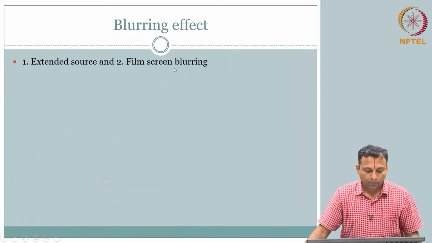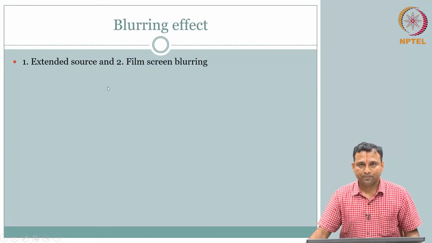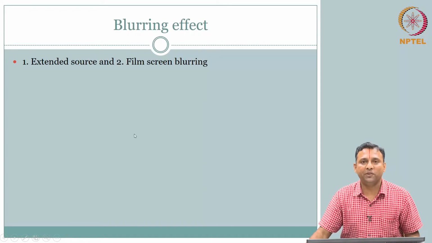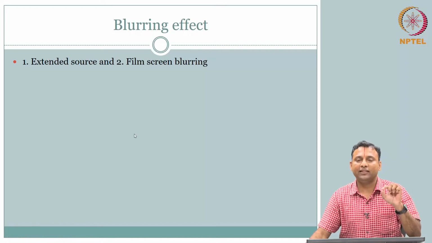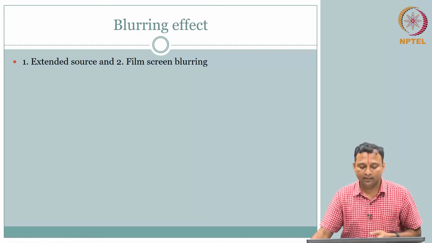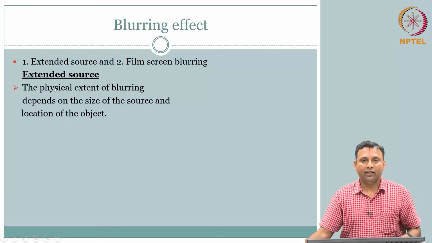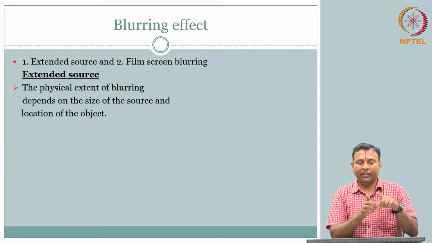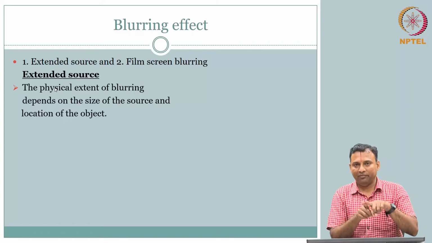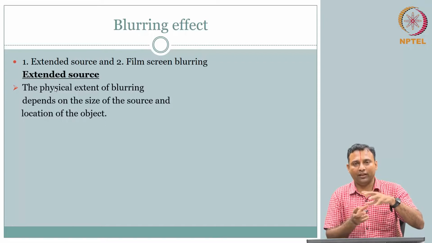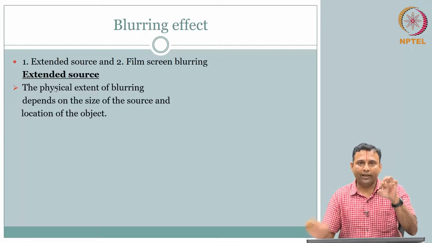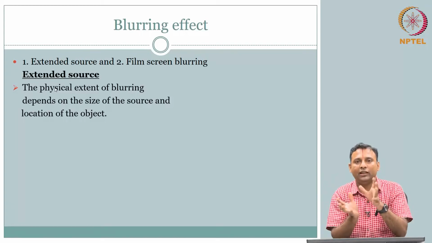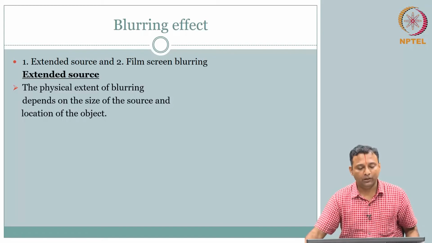So, first is extended source. In extended source, as the name suggests, it is not a point source. You have a source that is extended. How do we tell that? Well, in some sense you can look at it. We talked about a diverging wave so far. So, there is a point and the source is a point source and it goes at different angles, mostly in a cone shape is what we were talking about.